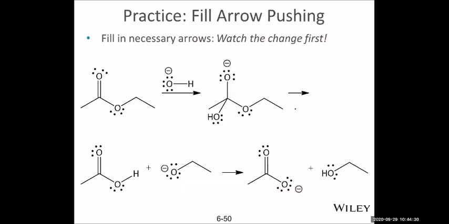More arrow pushing here. We have several steps. This is an exercise normally we'll do as a demo. The key is to watch what happened. Are there any new bonds formed? Are there any bond changes? Any charge changes? The arrow pushing almost always ends up with charge changes, and always with bond changes. So the first reactant, let's label this as A, B, C, and D. These are the 4 main structures we are to discuss.